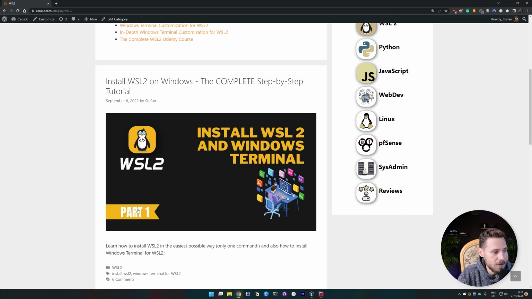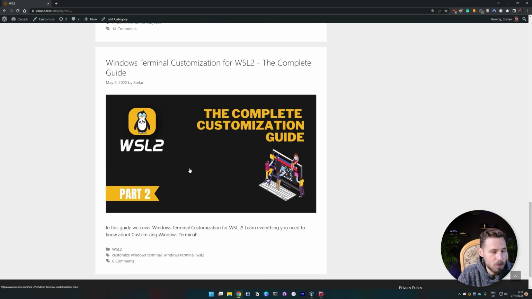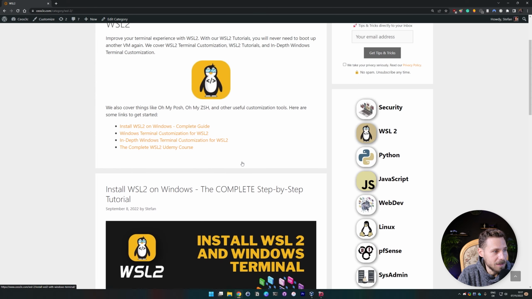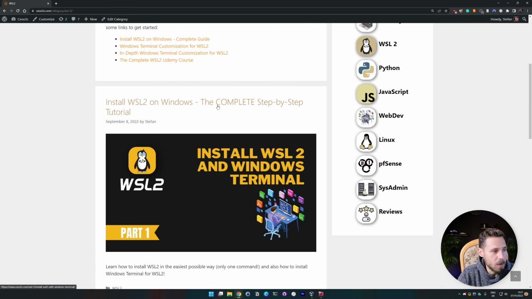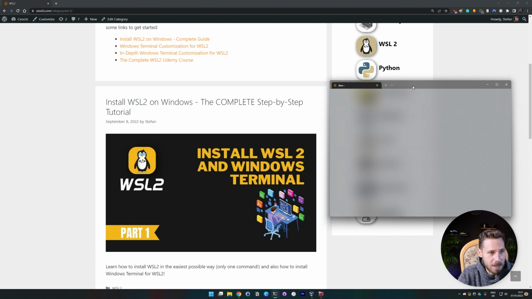It's a 3-part series. As you can see here, there's part 1, part 3 and part 2. It's according to how I updated these articles. But if you start with part 1, you can create the same terminal. You can actually do those steps, or at least some of them, inside of Kali Linux with your shell. I have this terminal that looks like this, and I can get the same